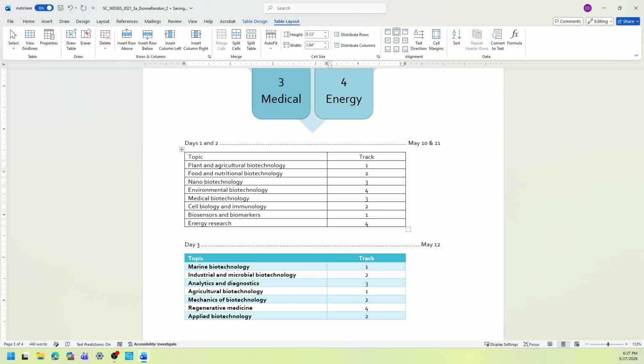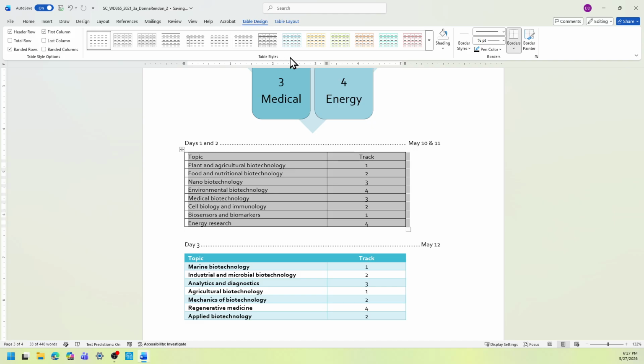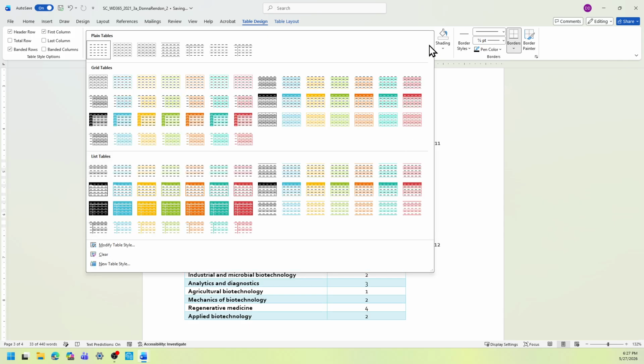The next one is we're going to apply the table style. So we need to select the table and then go to table design. This is the table style. We're looking for grid table 4, accent 1. Going to open the gallery.